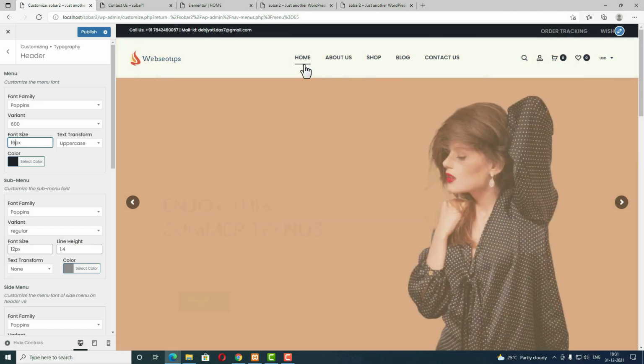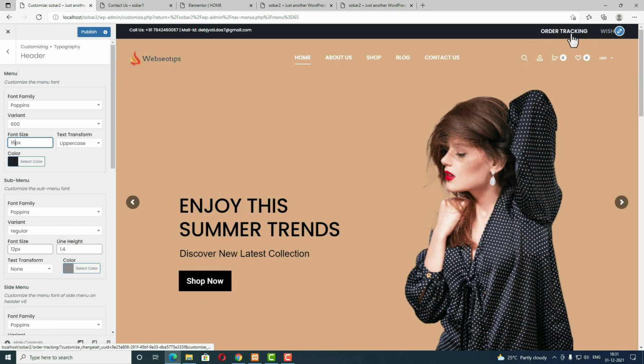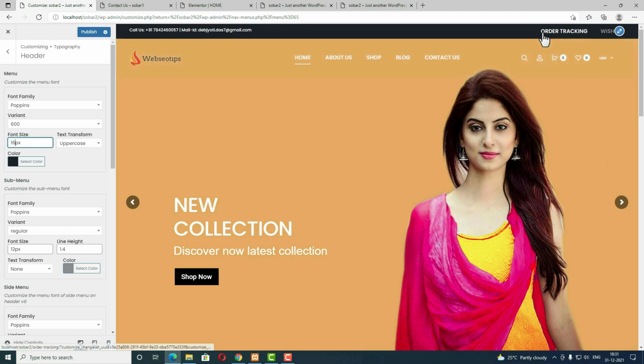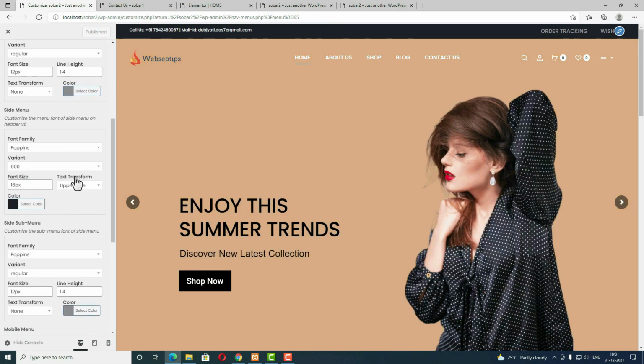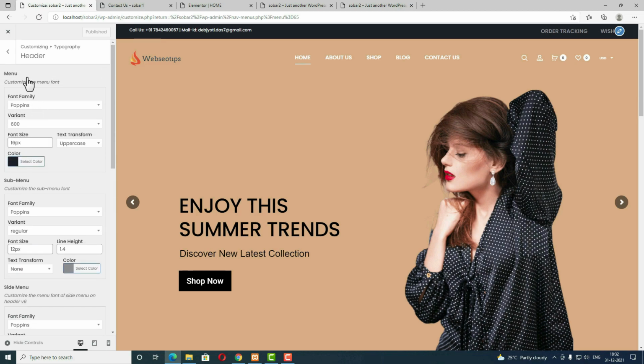But you can observe one thing, when I am increasing that font size, automatically the top bar menu font size also gets increased. But I want only my main menu font size to be bigger. I don't want to increase the font size of the top bar menu. So let's click in the publish option. Here you can see there is no option for the secondary menu actually. So again I have to write some custom CSS.